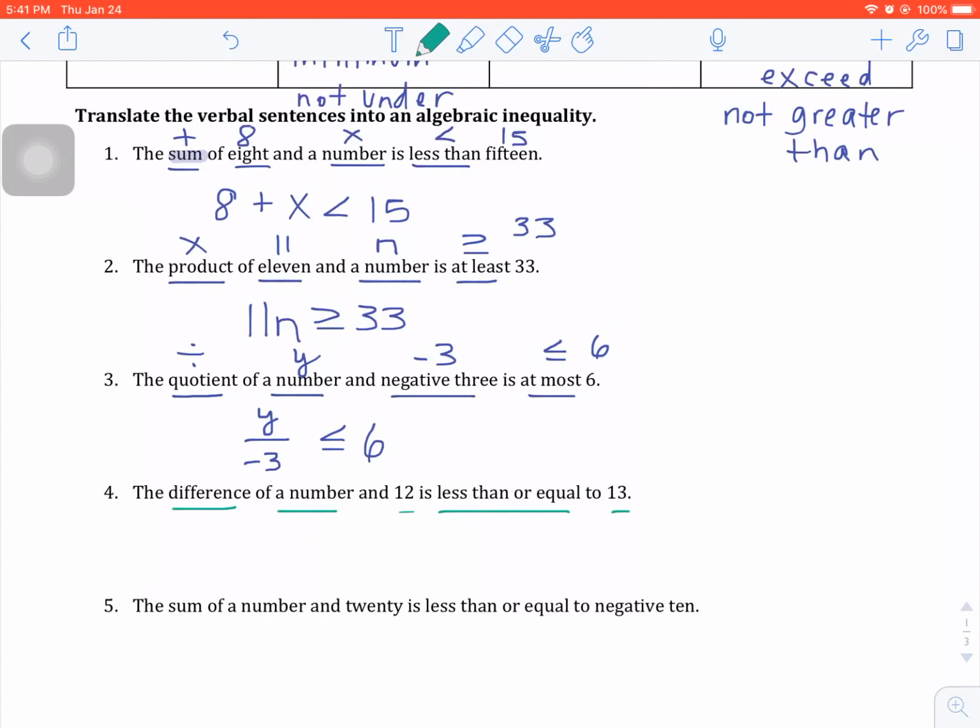Okay, difference is going to be subtraction of a number. This time I would like to use K for a number. And then we've got the number 12